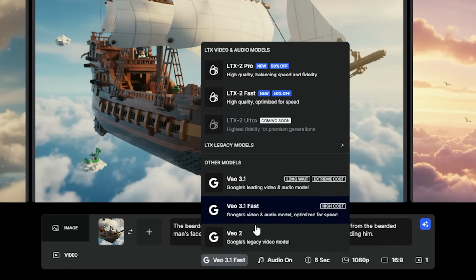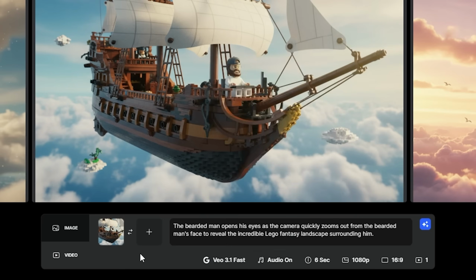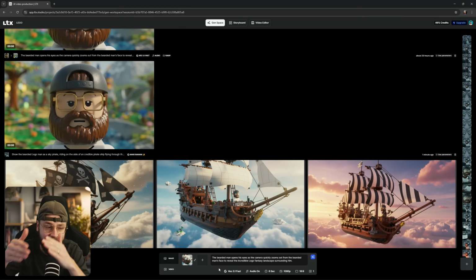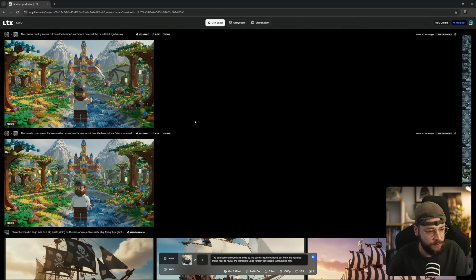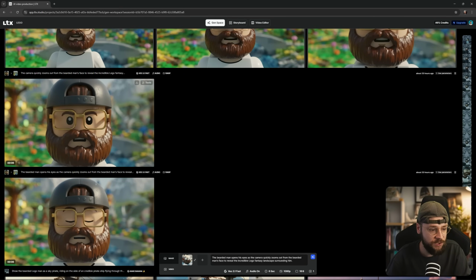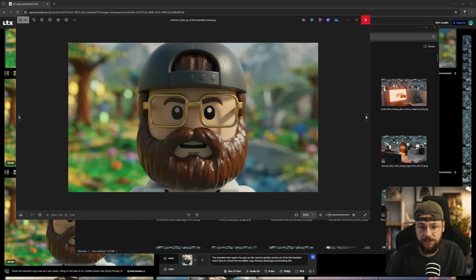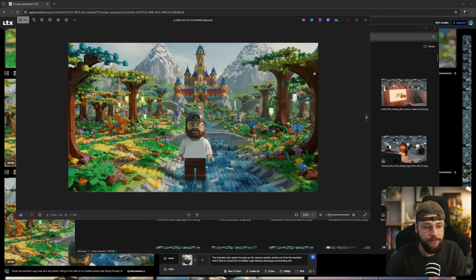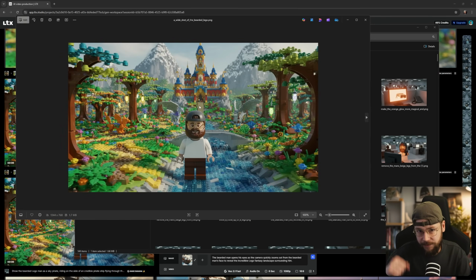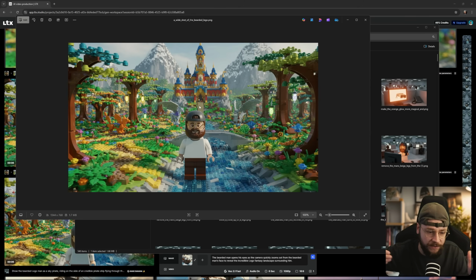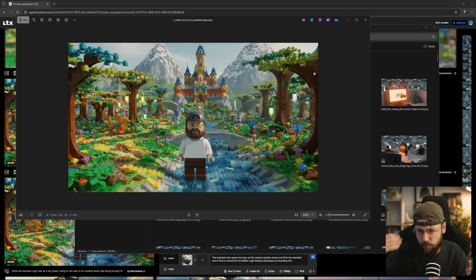And with the Veo 3.1 video model selected, we can actually input a start and end frame for our sequence. That's very useful if you wanted to create some kind of transition moving from one shot to the next. Let me just move over here for a sec. That's actually what I did for these generations. So what I would have done there is use this close up as my starting frame, and then this wide establishing shot as the final frame. And then Veo 3.1 is going to create a transition between them with my text prompt as kind of creative